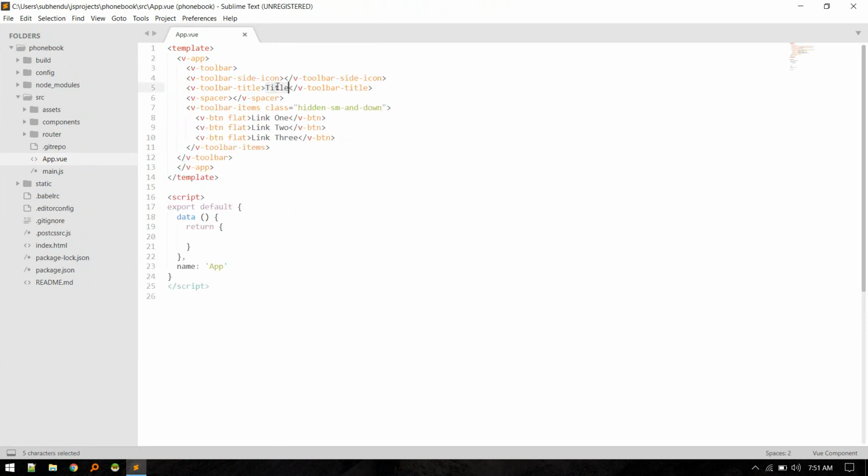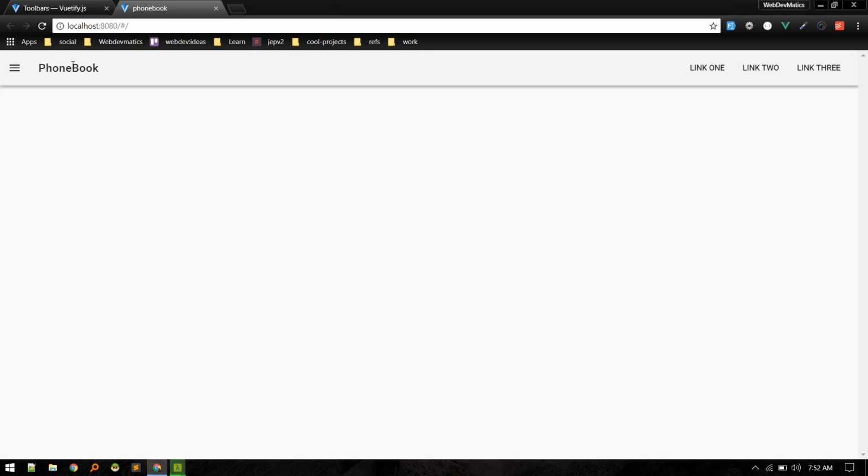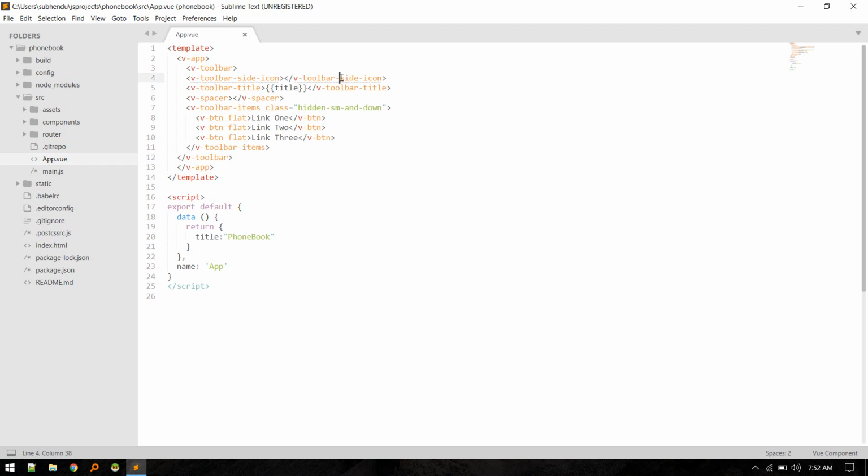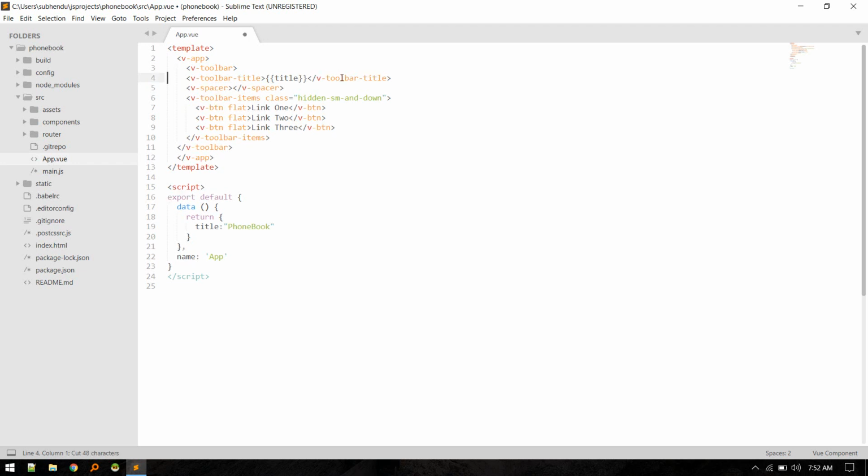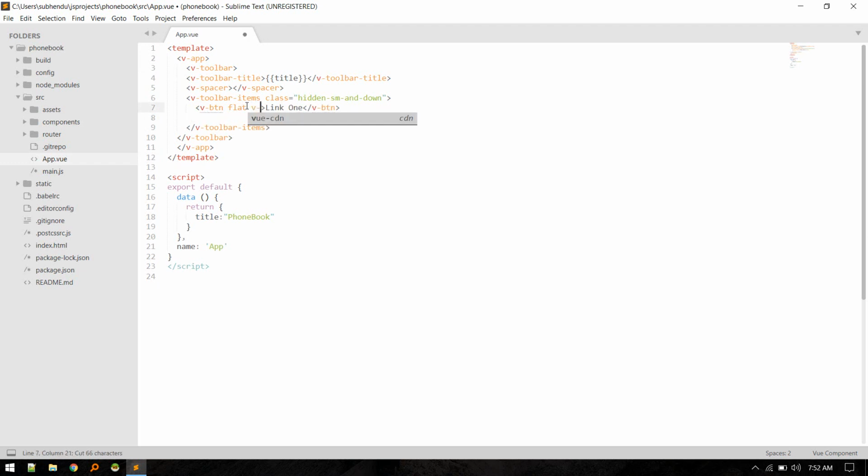Let's use title. So we see title and all these links. We can get rid of this side icon, and instead of repeating these, we'll loop through and generate